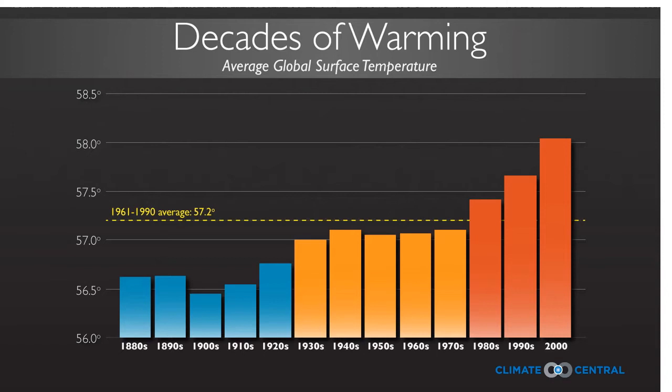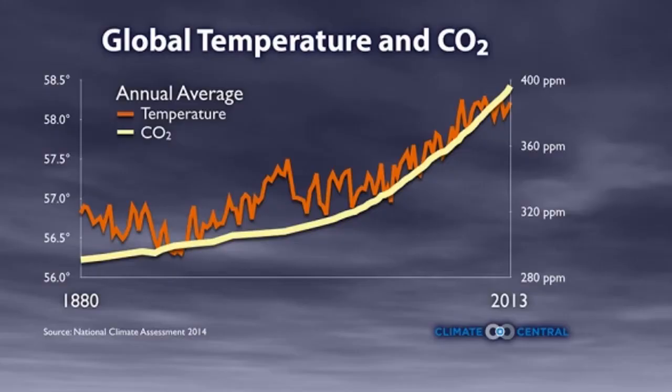All right, so overall, we're seeing that this temperature from the 1880s, the average global temperature, has been increasing over time. And so you can see how much higher the average global temperature is in the 2000s than it was back in the 1880s. Now, this increase in temperatures, what scientists have found is that it is related to the increase in concentrations of carbon dioxide in the atmosphere.